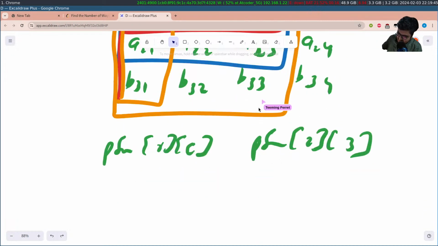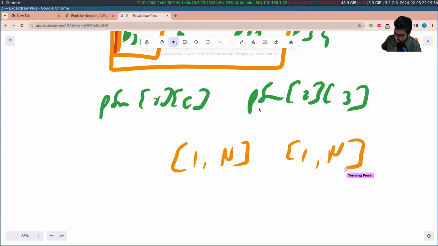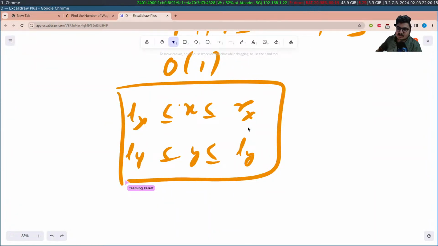The main idea was that once we have changed all of the coordinates in 1 comma n, then we can find the number of coordinates in a given range. For any given rectangle, we will be able to find the number of coordinates in that range using the similar prefix sum idea we had. And the way to do it would be,